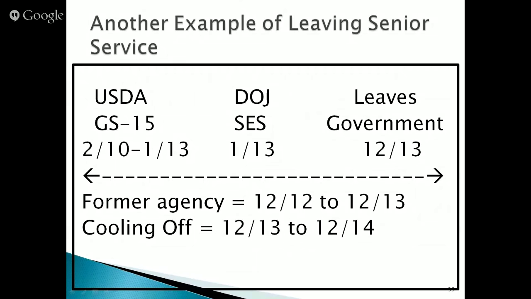But a lot of other people have much more complicated or much larger organizations, and what constitutes your former agency is quite different. And this would apply equally to components, right? So if I served in the DOJ example, I spent a few months at BOP, and then I went to the FBI, and then I came to Main Justice, all within that final year before I exited the senior service. All of those components would be captured for the cooling off period. Right. Okay, that makes sense.